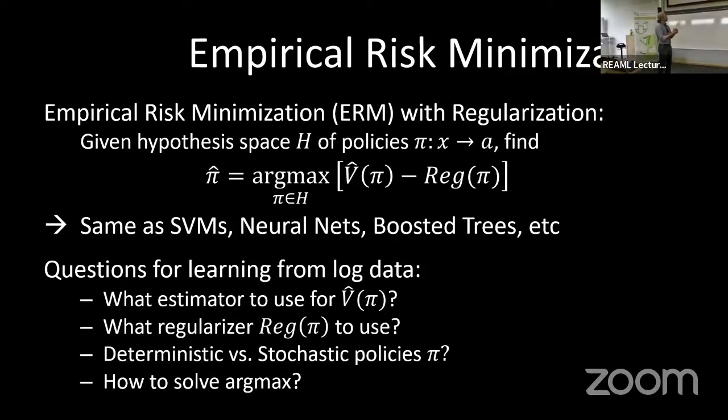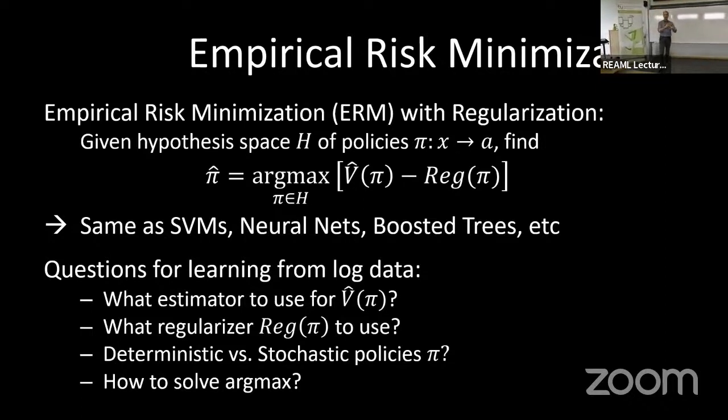What we can just do is use the IPS estimator from the first half. It's an unbiased estimate of our training set performance, so to speak, just like what we have in supervised learning. So we want to maximize that on the training data minus some regularization, because we always need some regularization to keep us from overfitting. So now that's the basic schema. Now the key question is, which estimator do we pick?